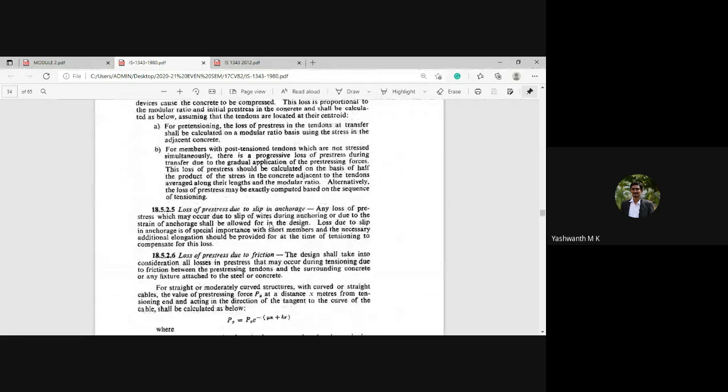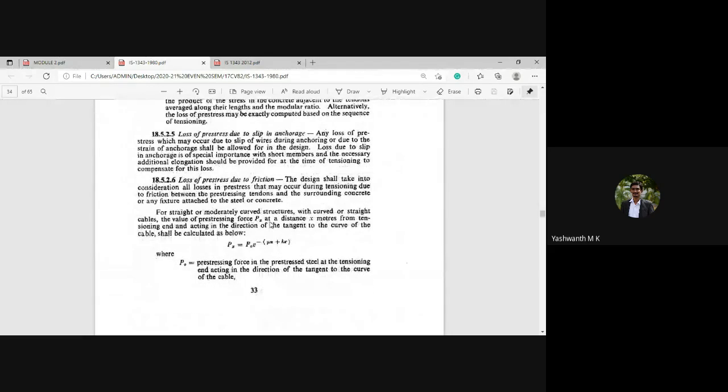So like this, we are going to calculate the loss of pre-stress due to the various phenomena. By this I think you came to know how to calculate or use the various formulas based upon the IS codes. In the examination, preferably carry both codes, IS 1343 1980 and IS 1343 2012, so that it will help you, because creep coefficient values have not been mentioned in 2012, so you can go ahead with the 1980 code. It will help you in the examination.